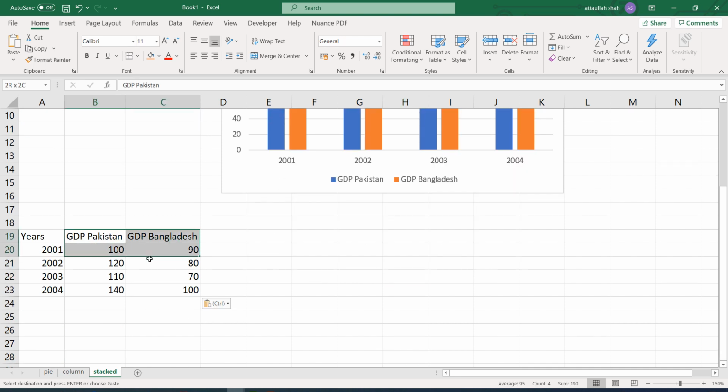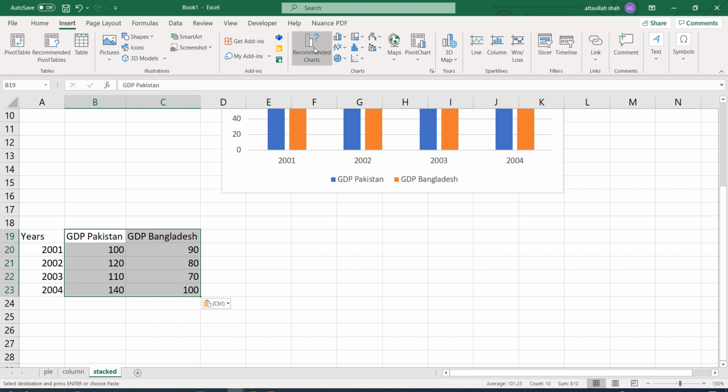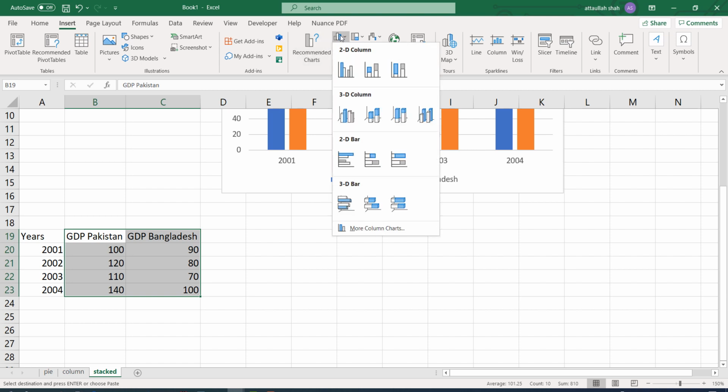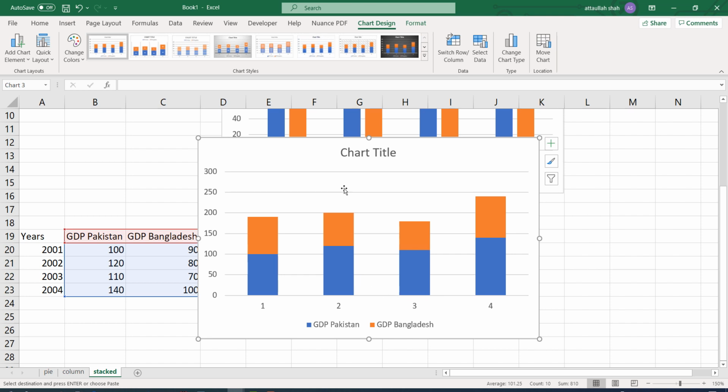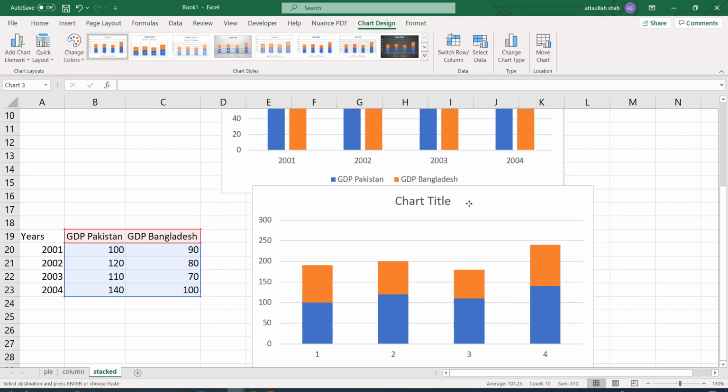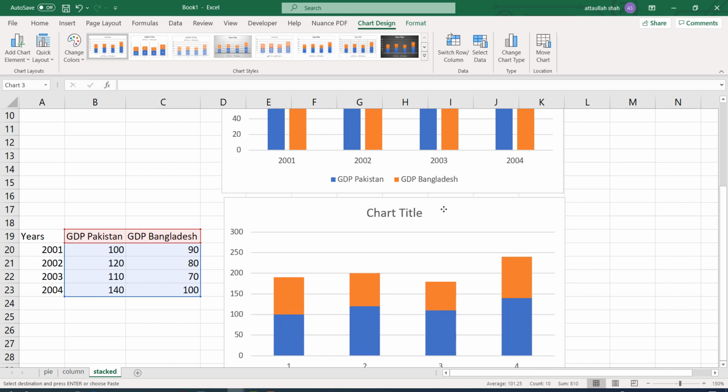So let's create this one. Select the first, the second and third column, leaving out the years. We go to column, and from here we go into more. This is our stacked. Okay, now you see the difference between stacked and